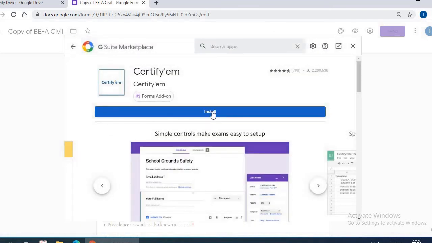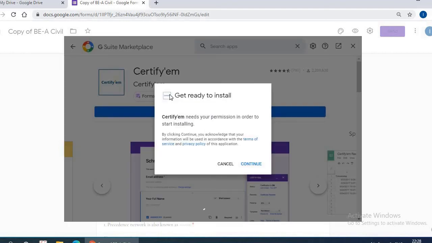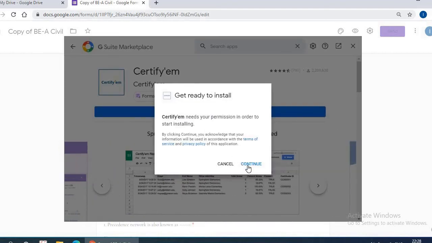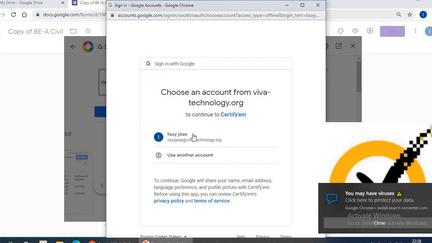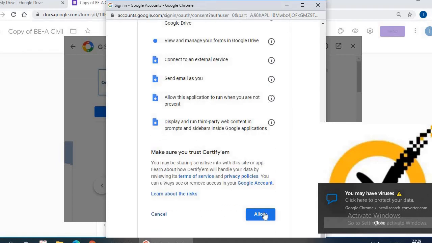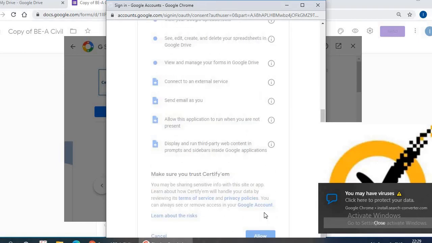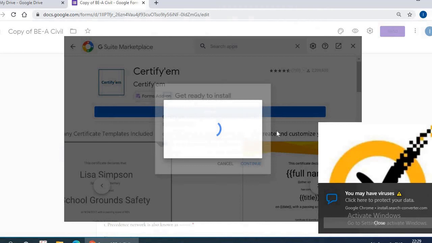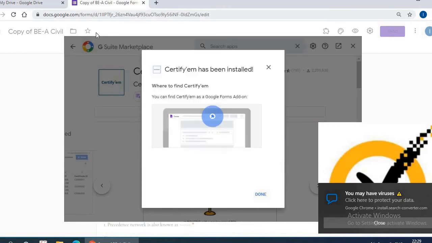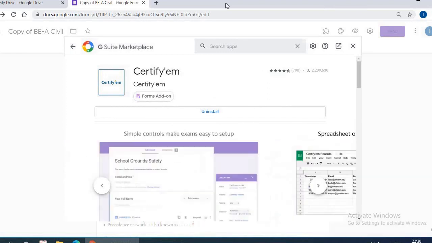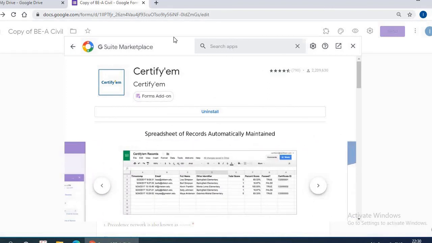Click on that, install that CertifyM. Get ready to install. Continue. Okay, it asks for the email ID. Allow. CertifyM has been installed. Done. Okay, so it is already installed.